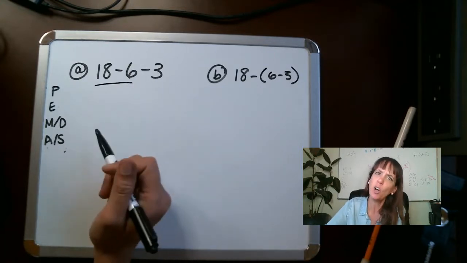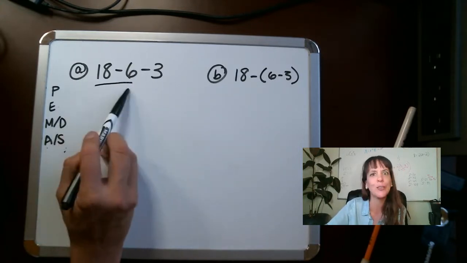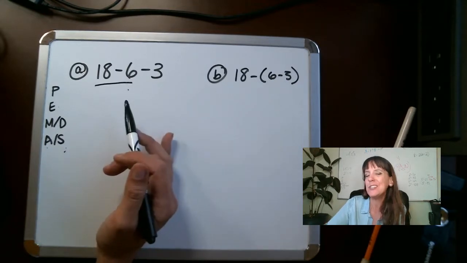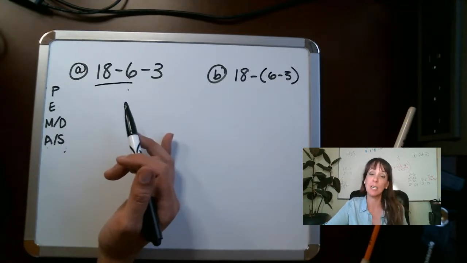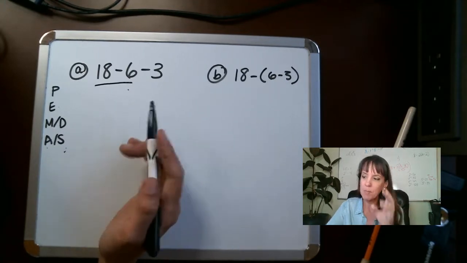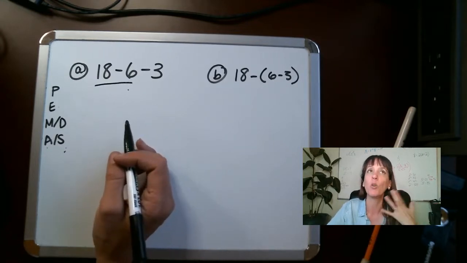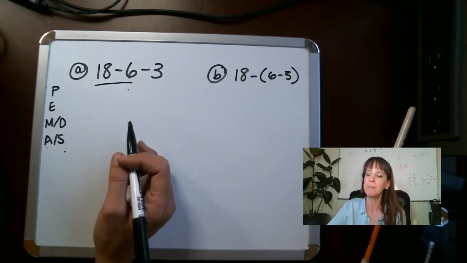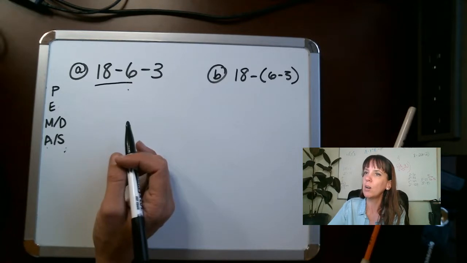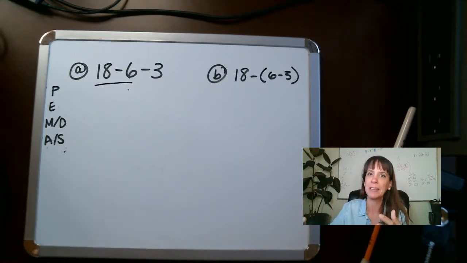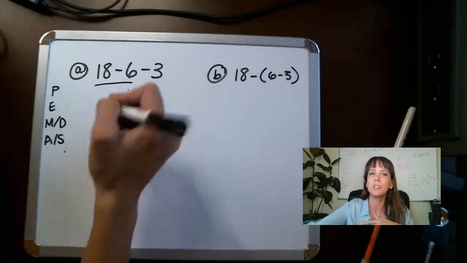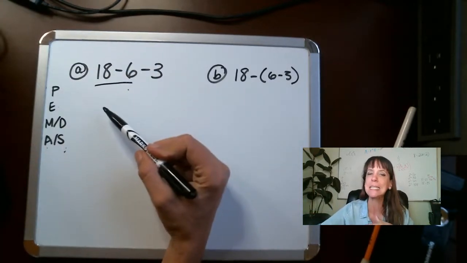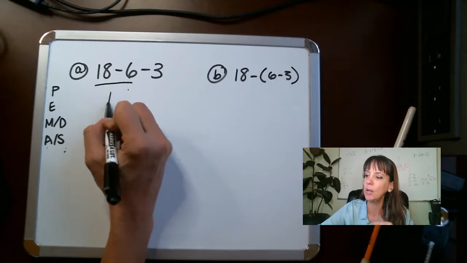Guys, when you're doing your homework, it's really helpful if you underline what you're gonna be doing. Not just for me, but for you as well, because it helps you keep organized. But you don't want to be your own worst enemy when you're doing your homework, okay? If you can't read your own handwriting, what are you gonna do? All right, guys, so back on track here, 18 minus 6, we're gonna get 12,